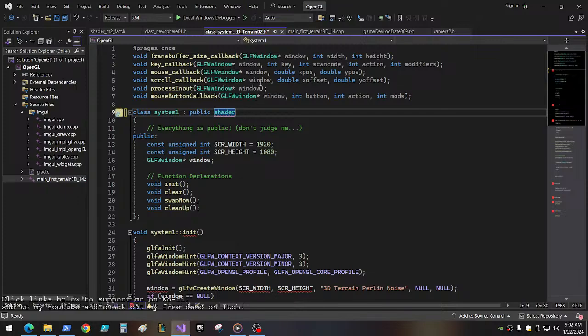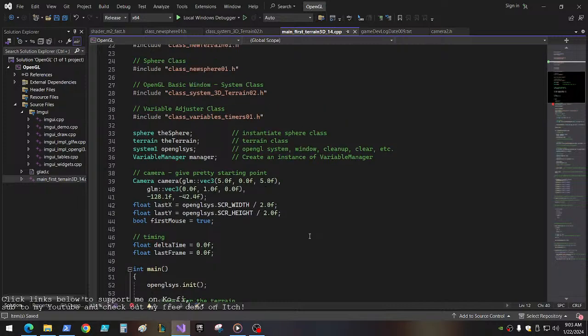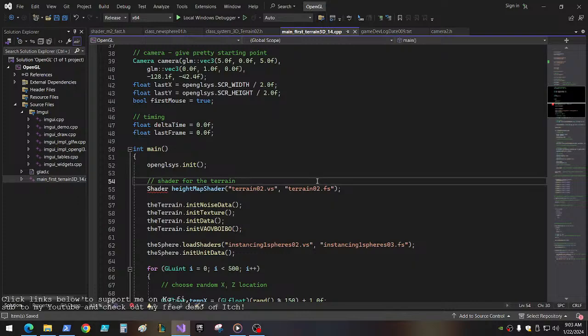There we go. Okay, so now that inherits the, so that's why I was doing that. And then let's just go into the terrain. So this one,